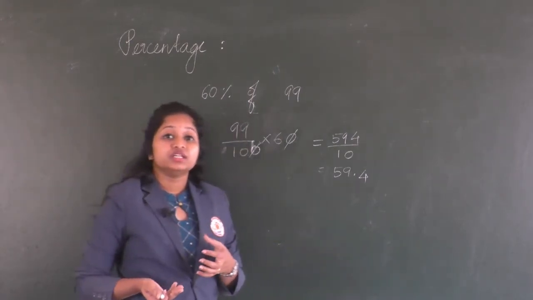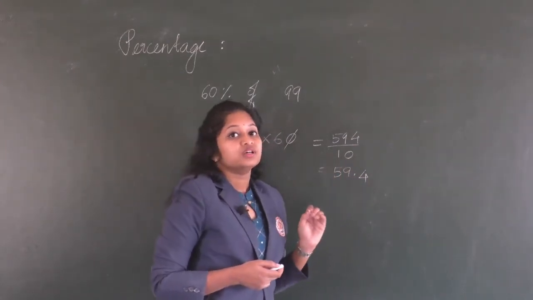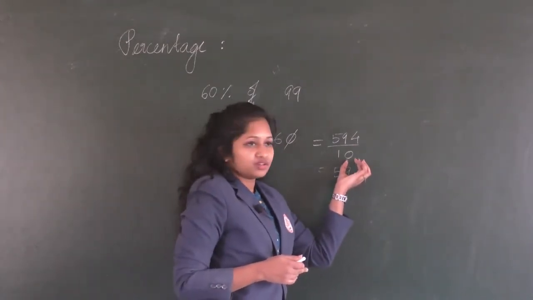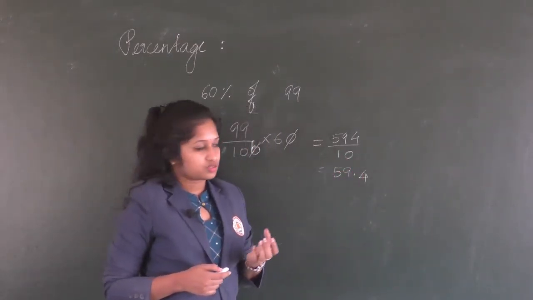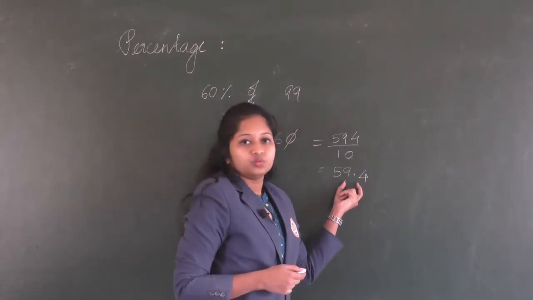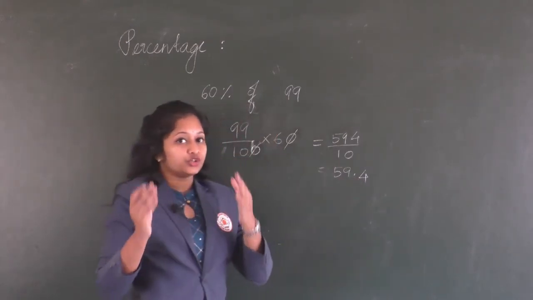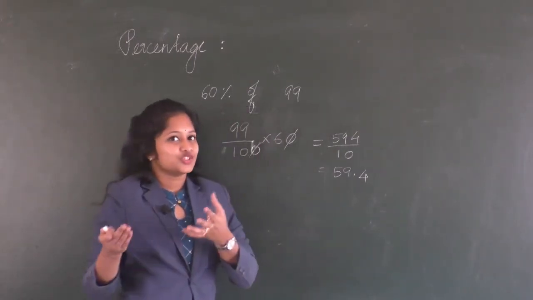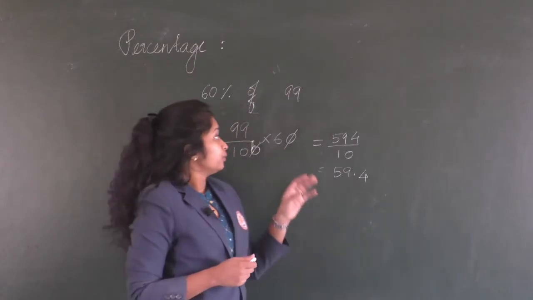And you have learned in the decimals chapter, if you have 10, 100 or thousands in the denominator, we have to look at the number of zeros and then accordingly put the point. So here we have 1 zero, so put the point after one number. So we have 59.4. So you need to pay only 59.4 or 59 rupees to the shopkeeper.